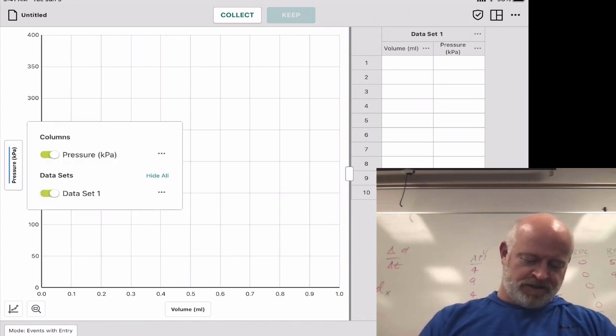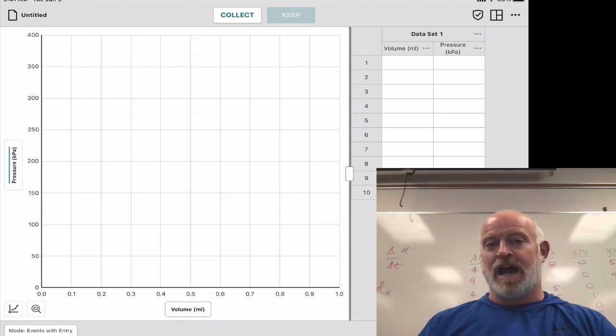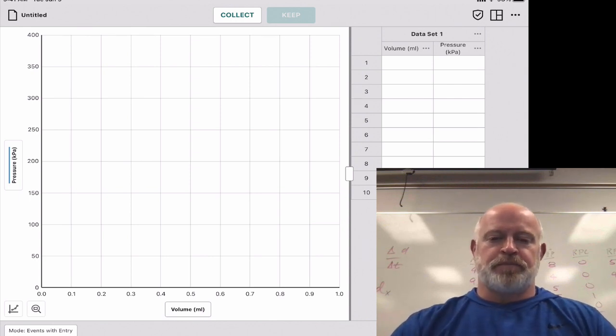If you touch that, it tells you that. And then on my x-axis, I now have volume, which is what I am going to be measuring instead of time, okay? So I'm ready to collect my data on this. So coming down here to collect that data,